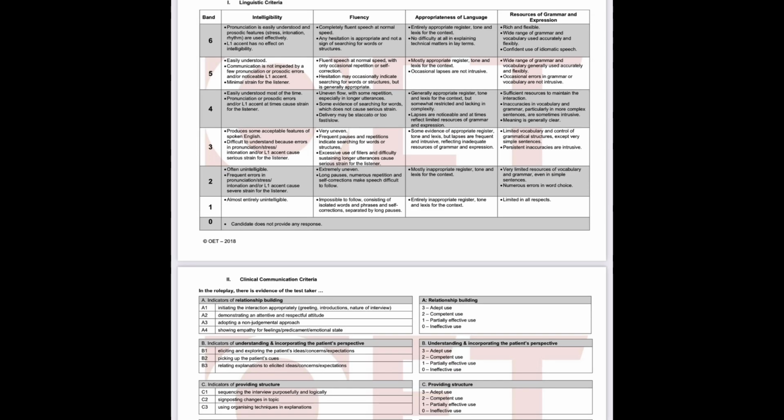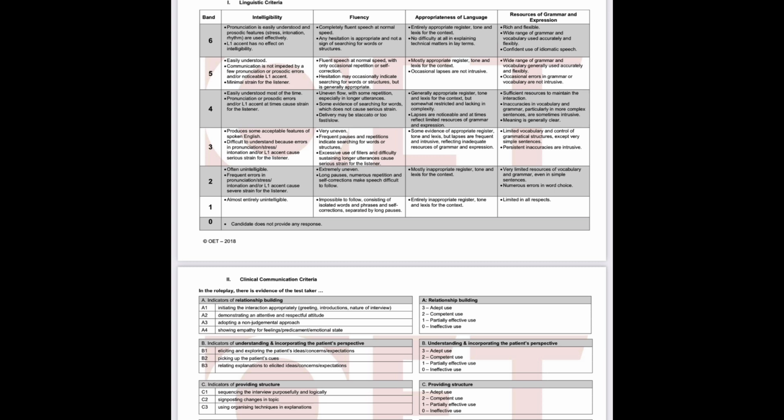Appropriateness of language. Entirely appropriate register, tone and lexis for the context. No difficulty at all in explaining technical matters in lay terms. Resources of grammar and expression is the fourth linguistic criteria. The grammar and expression should be rich and flexible. Wide range of grammar and vocabulary used accurately and flexibly. Confident use of idiomatic speech. Idiomatic speech is as fit as a fiddle, or he was a lion in the battle, or